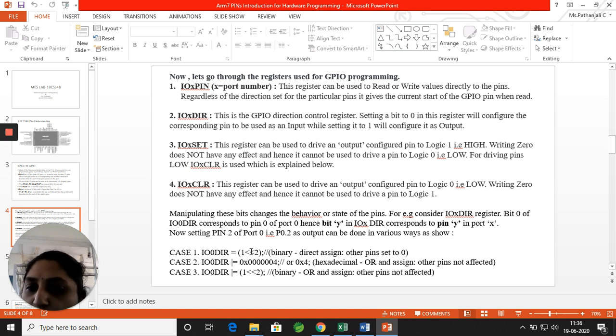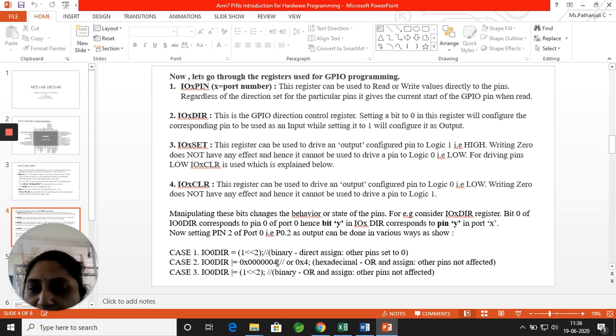I am writing 1 shifted left by 2. That means you are going to set pin 2 by shifting 1 to the left by 2. You can also do it by directly assigning the value 4, that is, the last 4 pins of your direction register, pin numbers 0, 1, 2 and 3, are being set to this value 4.